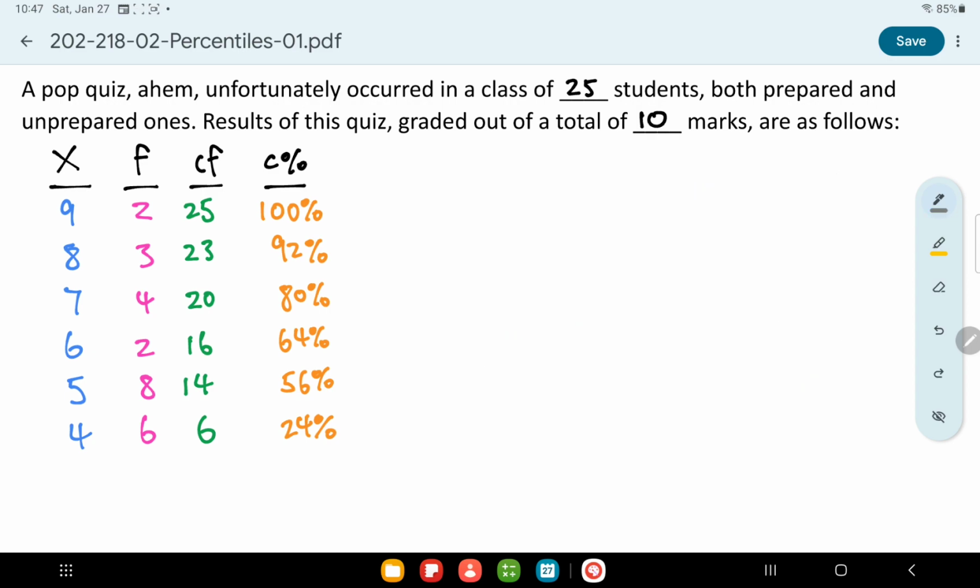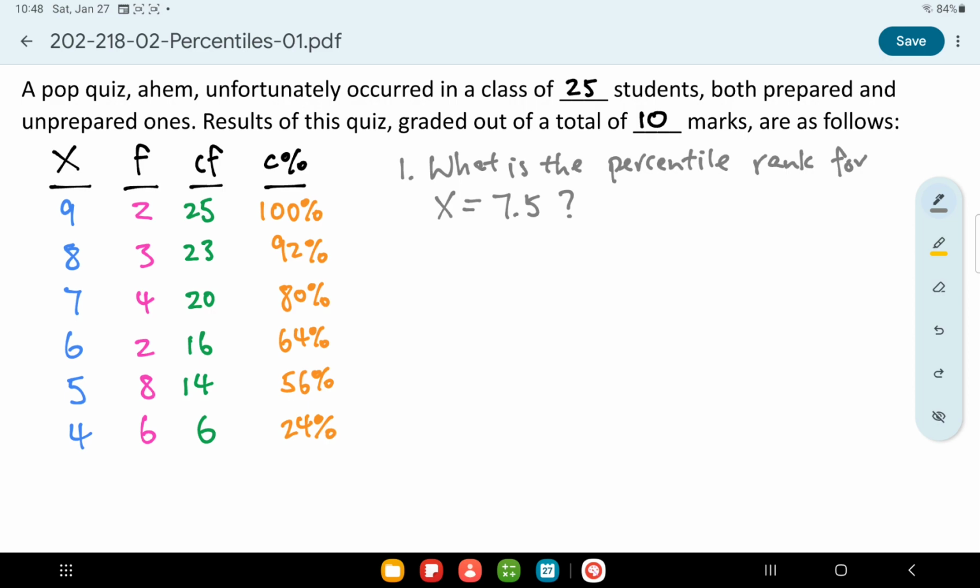Now that we've constructed this table, we can move into responding to questions around rank, percentile rank, as well as percentile. Consider this first question. What is the percentile rank for x equals 7.5? Now, for x equals 7.5, here's the procedure. Keep in mind